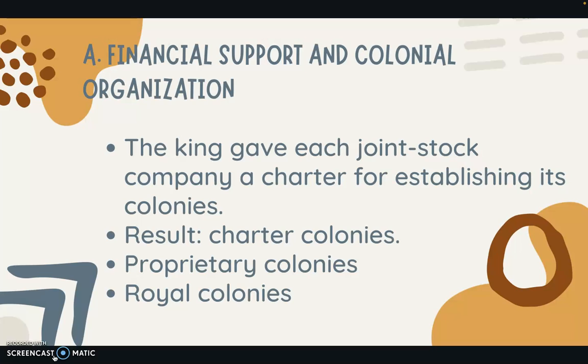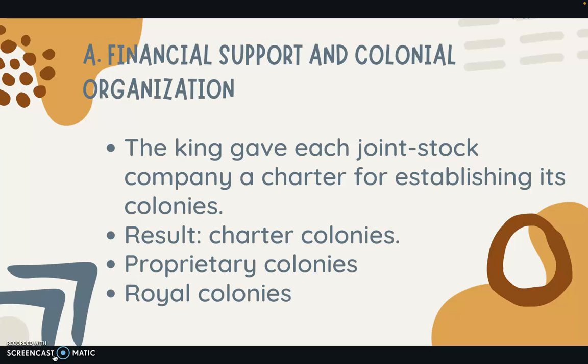So if you notice, there are three different types or ways that the colony was run, and this is actually going to be a problem that is going to be one of the reasons why we end up in the American Revolution, because these colonists within these colonies were used to different ways of things being run, and so when the king tries to take over, especially some of the more free, if I can use that word,